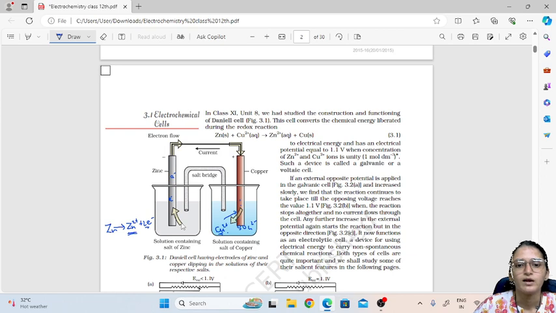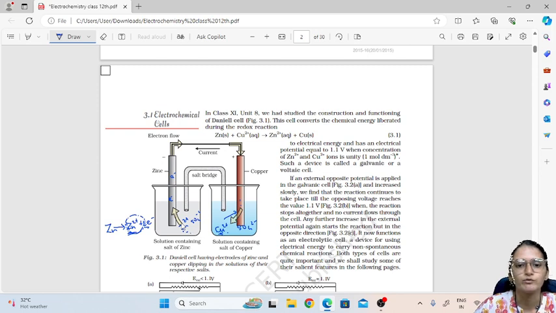So more copper is formed over here, and electrons from zinc will move and come over to the copper. As you release electrons from zinc and they combine with copper, all the Cu2+ from the solution will combine with those electrons and form more and more copper. And here we have the zinc sulfate solution, so we have Zn2+ ions and sulfate ions, SO4 2-. When zinc loses electrons, more Zn2+ ions are formed and come into the solution, because in the solution we already have Zn2+ ions.